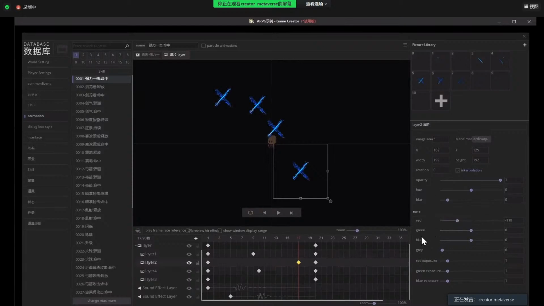The red, green, blue, and gray. We can also change the exposure. We can also change the rotation angle, transparency, and hue. Let me remove this.